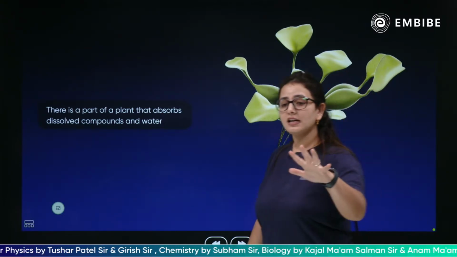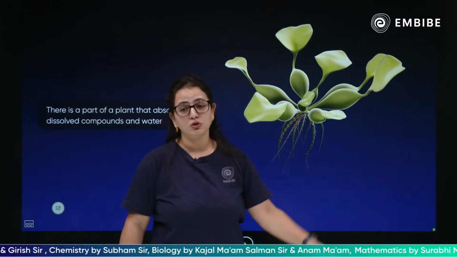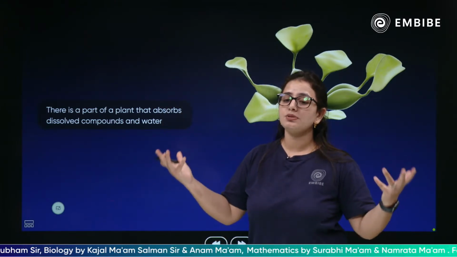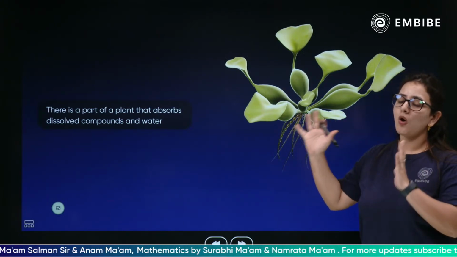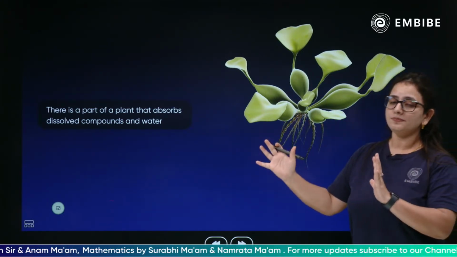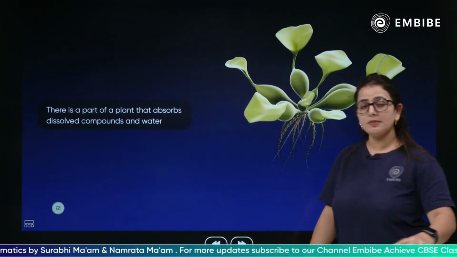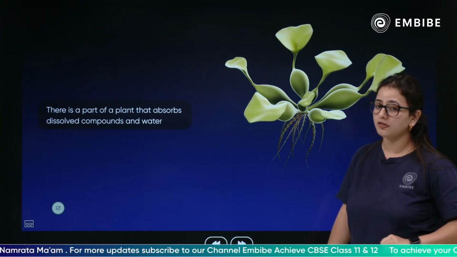And in certain plants, as you can even see, the roots help in floating also. Not only that, in aquatic plants the root helps in floating also. There it provides buoyancy to the plants. So the major function of the root is always the absorption of the dissolved compounds